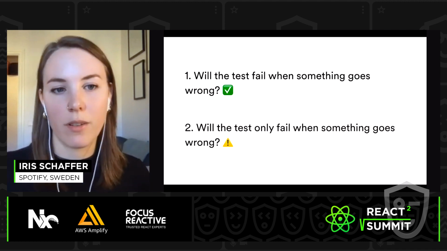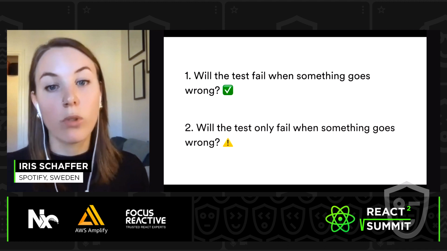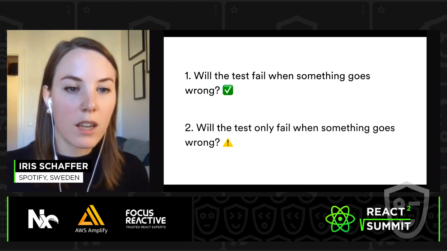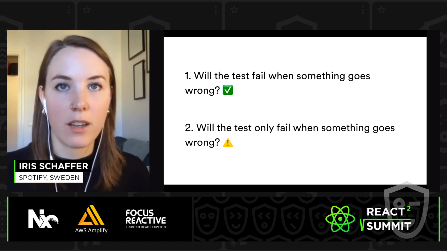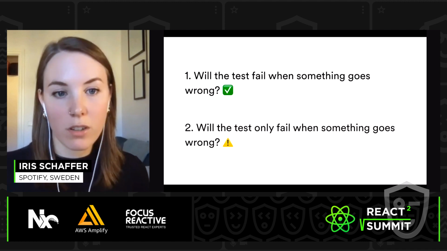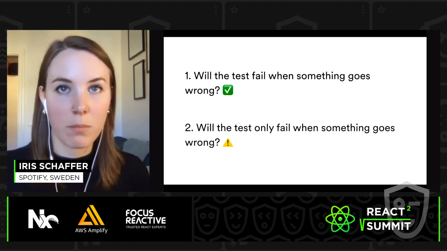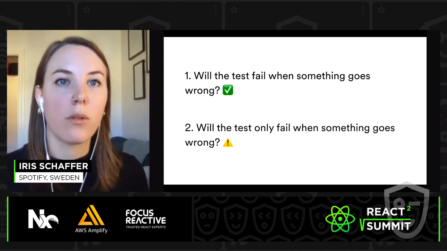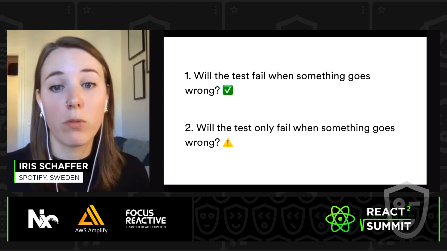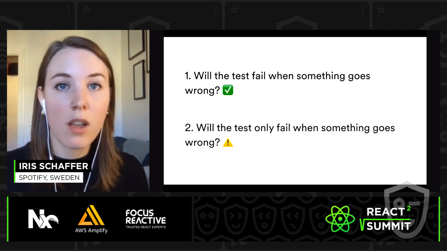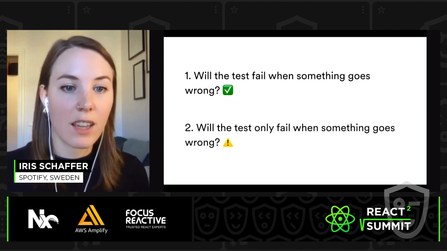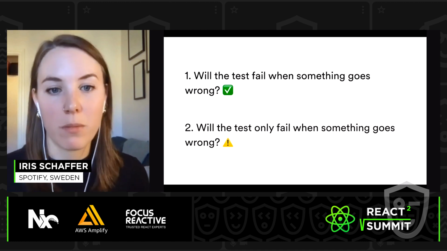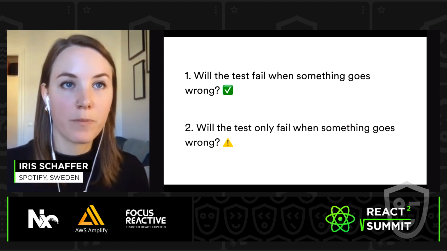That is, however, also the weak side of these tests. Will they only fail when there's something wrong? No, because there's so many different things that could be flaky, these tests can end up being somewhat flaky as well. They also take a little bit longer to run usually. So we don't run them as part of our continuous integration pipeline, but instead after deploying to production. So although they're an extremely useful tool for debugging what is happening or what is wrong, and for just double checking, sanity checking that everything's still working, we personally don't run them as part of our continuous integration pipeline.